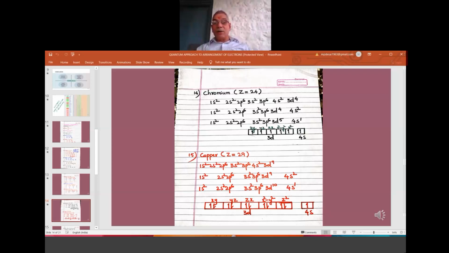In the textbook, you will have 1s2, 2s2, 2p6, 3s2, 3p6, 3d5, 4s1. This is given in the textbook. Now 3d5 means half-filled. So one electron in each of the five suborbitals of the 3d: one in xy, one in yz, one in zx, one in x square minus y square, one in z square, and one electron in the 4s. Not a problem at all. So this is the most correct way of writing the electronic configuration using the quantum mechanical model.